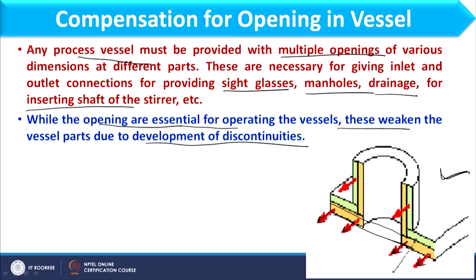What would be the acting area for that hoop stress? The acting area for that hoop stress is nothing but this rectangle. So, when we have a regular sheet, the whole area of this rectangle will work as the acting area. Now, if I am having this discontinuity or this opening, the opening will be circular, but as far as hoop stress is concerned, only this much area would be removed.